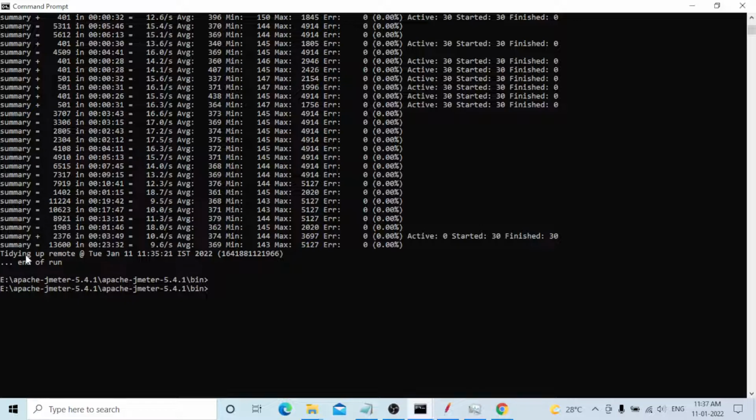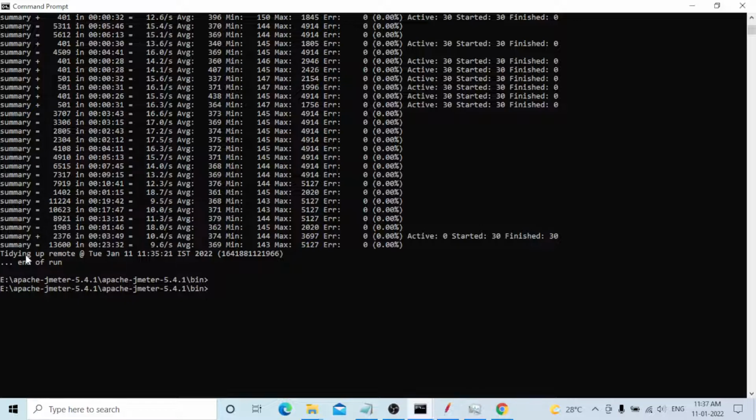Okay, now we need to go to the remote server. You can see the starting test host and date and time will be showing. Finished the test on host machine and date and time will be showing. 11:11 started, 11:35 ended. Okay, once the test everything will be completed now,